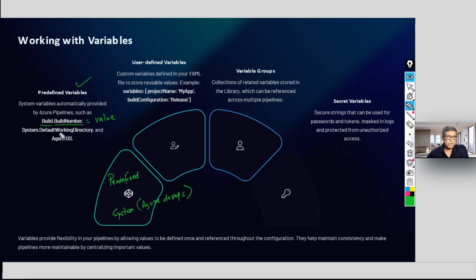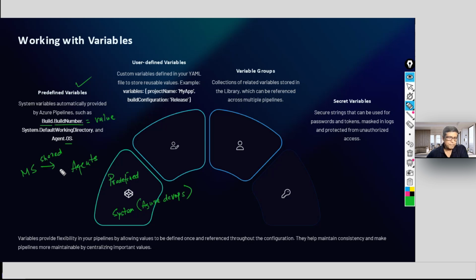Or maybe you want to understand what your operating system is. You are working on a particular agent, because your jobs will be run through agents. The agents are from Microsoft, if you are using the shared ones.